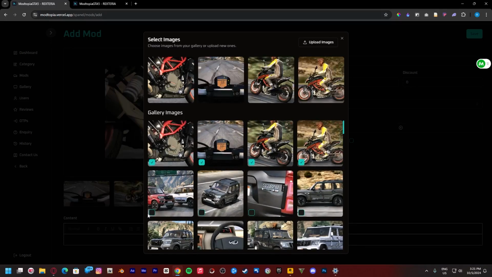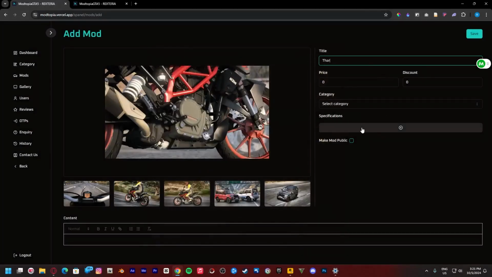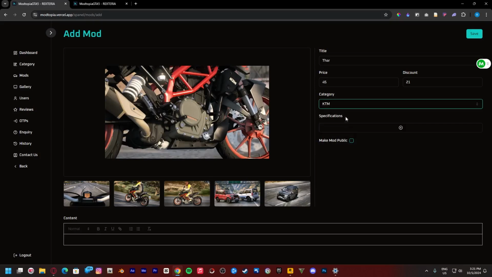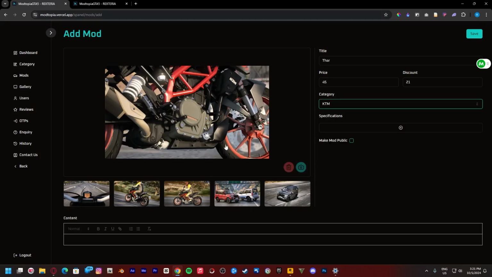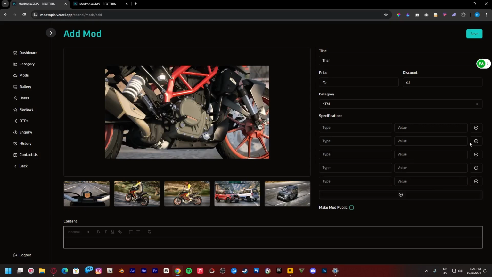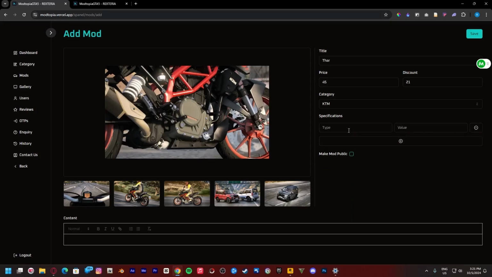You can see, after that Thar, let's say, and then price 45, discount 12, 21, and then select the category from here. And if the category is empty, you can't create any mod. And after that you can add a specification as you want. You can delete it from here. Let's add some of the